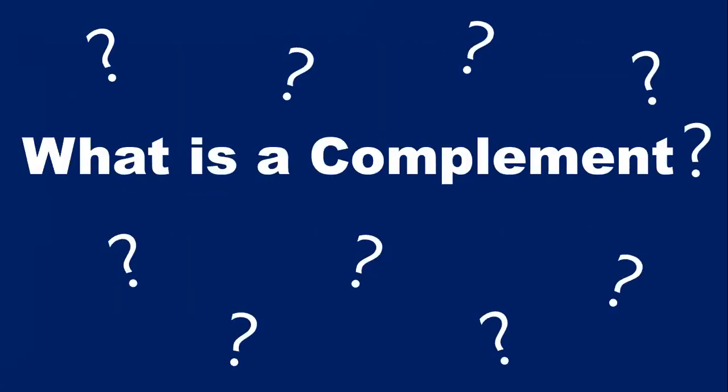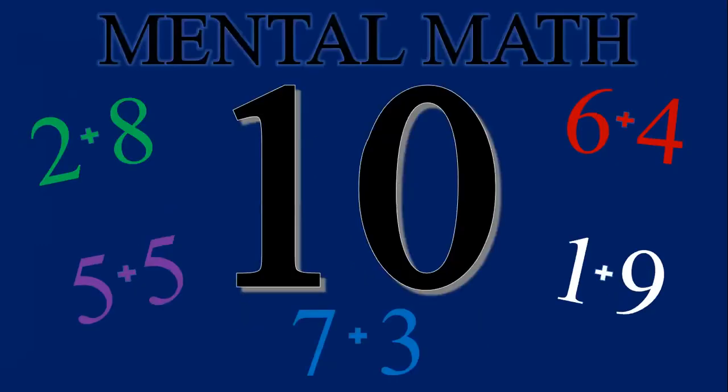Now, if you remember from the last lesson, we talked about what is a complement. Well, a complement are those two numbers that fit together perfectly to make a complete whole. And we went through the complements for the number 10 because in mental math, 10 is a very friendly number. These numbers that end in 0 are much easier to work with and hold in our head. So we practiced all of those number pairs, those two numbers that add together to total 10. If you're not familiar with the complements of 10, go back and watch that video and then practice these complements